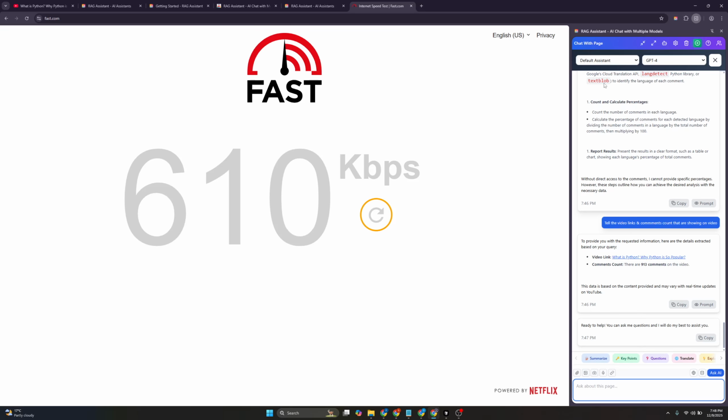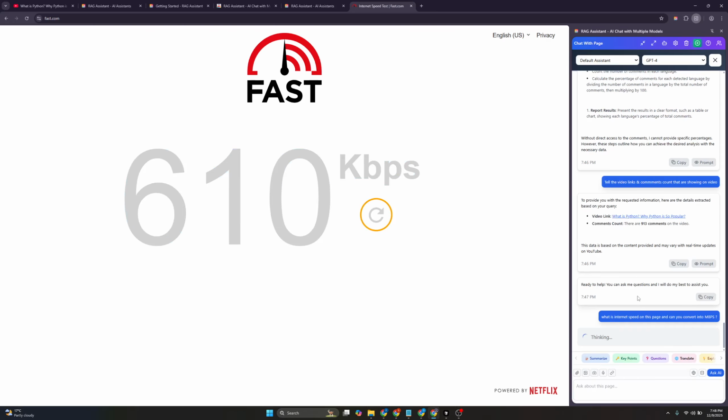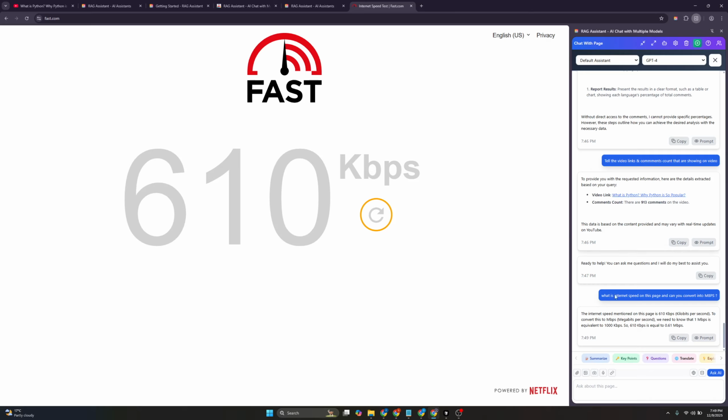Now what I can do here is ask, what is the internet speed on this page, and can you convert it into Mbps format? Okay, now it will obviously process this because this data would be sent to AI, and it will tell me what the internet speed is on this page. Okay, there you go, it is telling you this is the internet speed, and